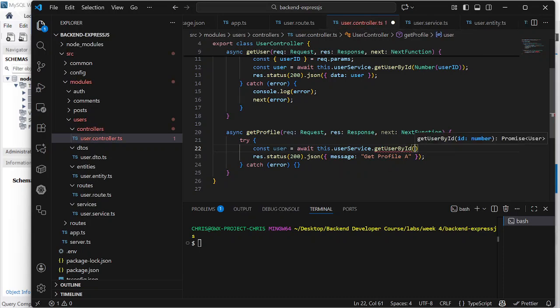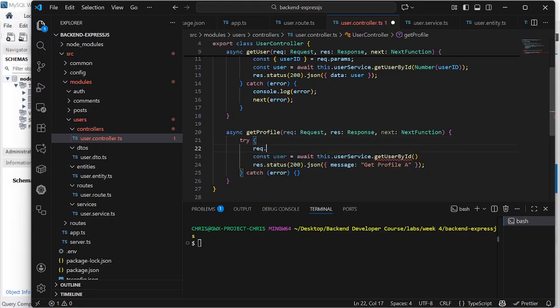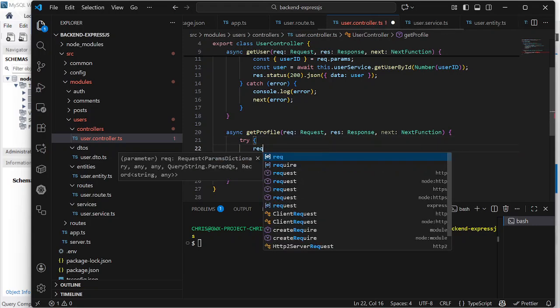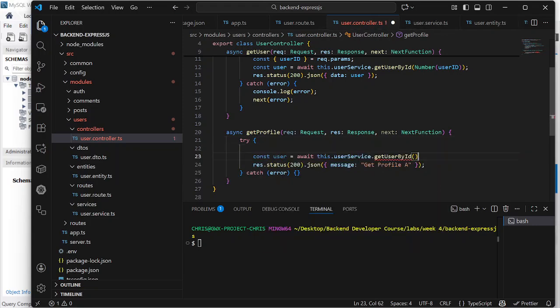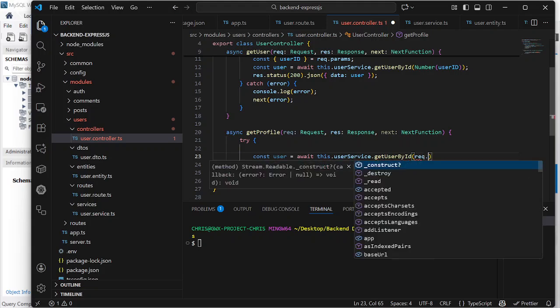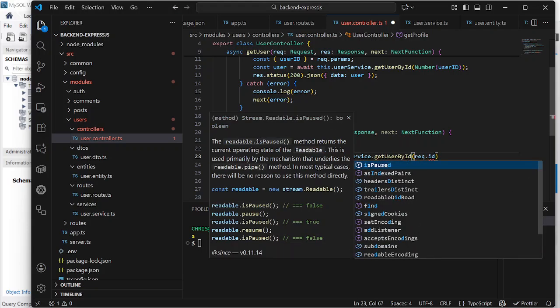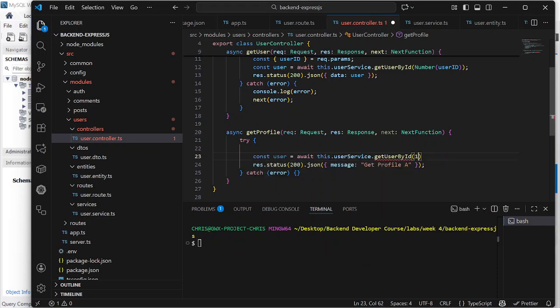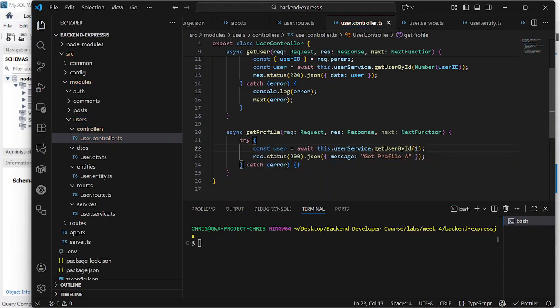Now I'll just do request ID. Now it will not work, but let me just put a number here now,